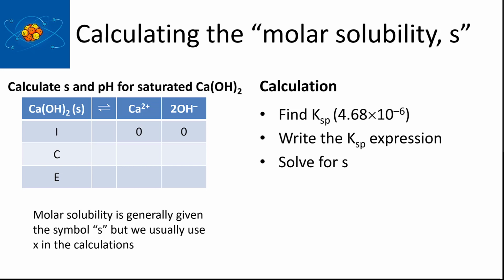So one of the nice things about molar solubility is that the calculation of S or X in these equations can be really easy, in terms of not having to solve quadratic equations if you don't have any starting material around. So let's go ahead and look to see what the solubility product expression would be for the dissolving of calcium hydroxide. So we would write a reaction that says Ca(OH)2